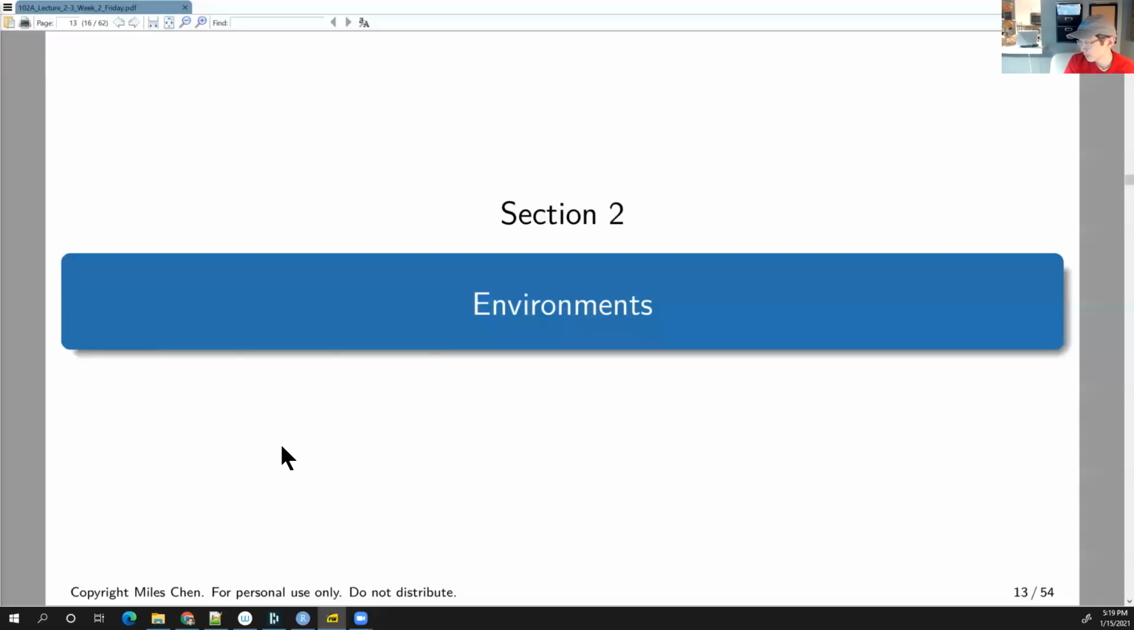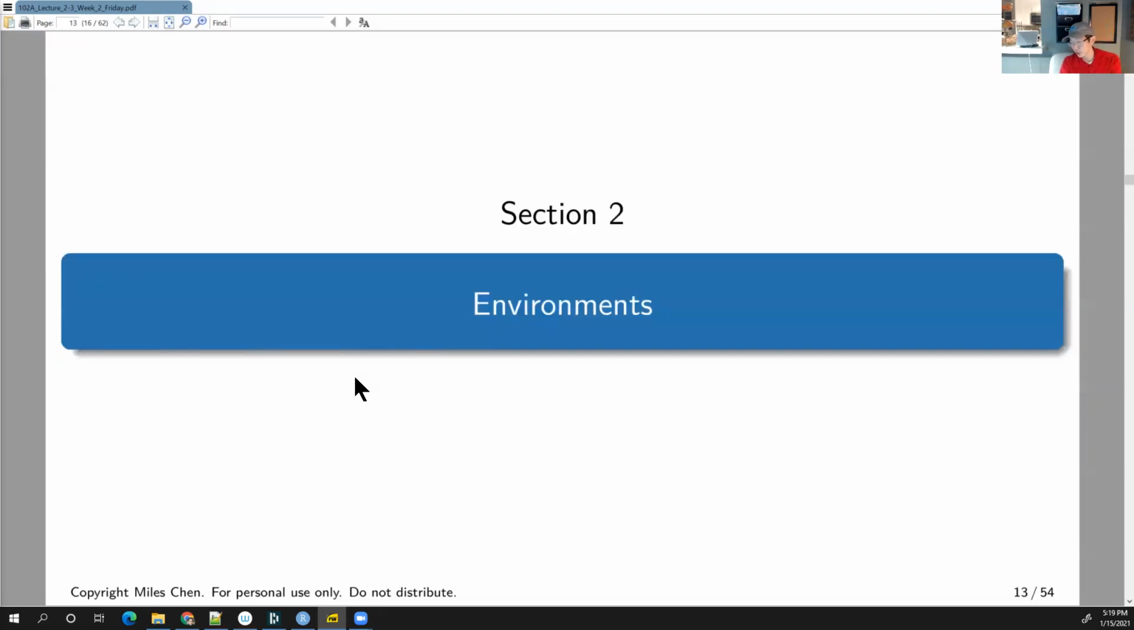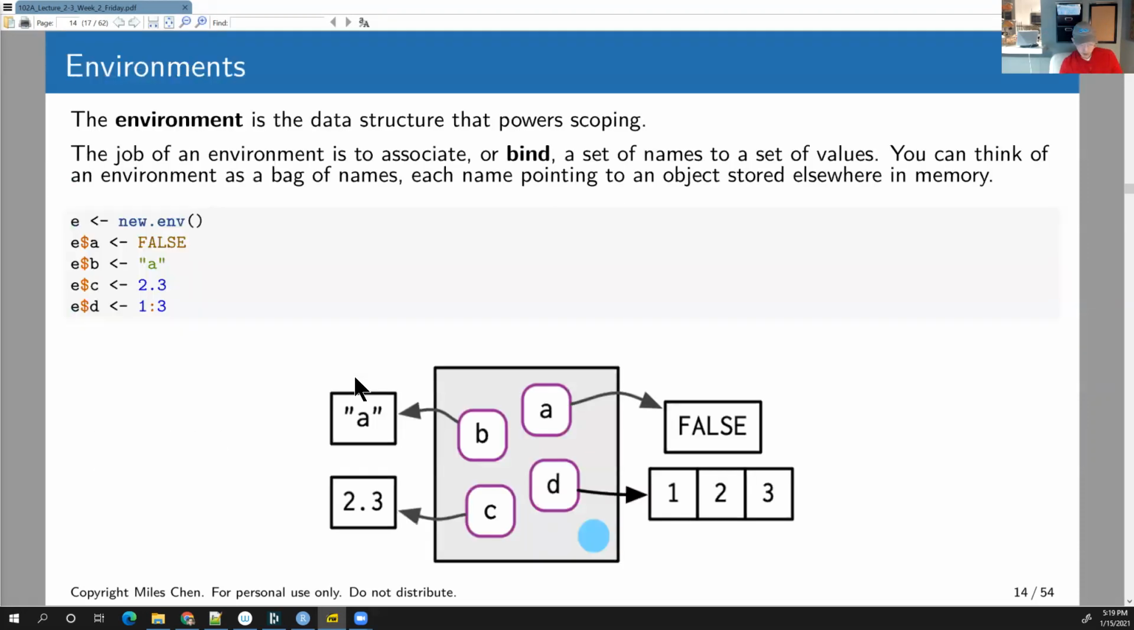All right, well, so we'll get some more weird situations here, but let's talk about environments. So the way scoping works is R has these structures called environments, okay? And the job of an environment is to bind names with values, okay? And you can think of an environment as kind of a bag of names, all right? And so you have these objects inside memory. So you got false and 1, 2, 3 and A and 2.3 and stuff like that. And here we're binding the names to these things, okay? And this is inside